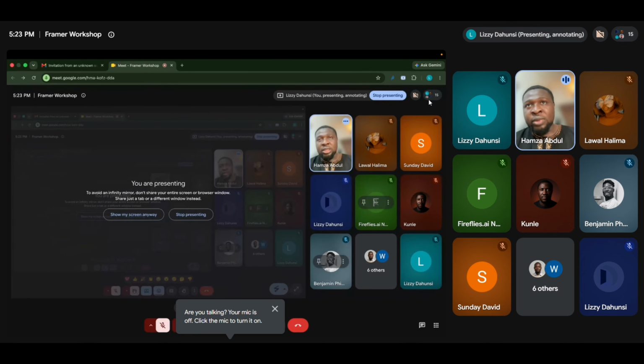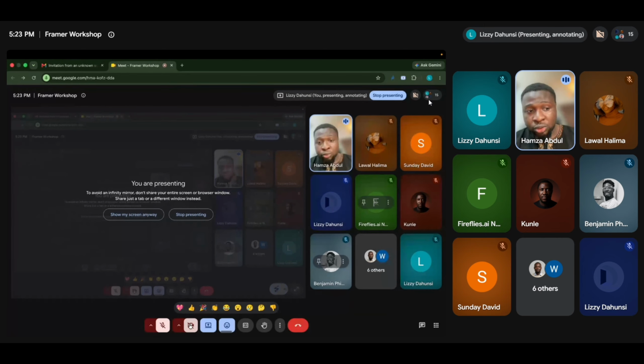What Framer wanted to do was to create a system where people would be able to create intuitive websites easily without stress. And they already had a very good framework with their prototyping tool. At that time, people were no longer using it for prototypes again. Developers were incorporating it into building. There's something called Framer Motion. It's a little bit different, but it's just a framework that developers use to have smooth transitions, smooth scroll, and all of those things. So you're going to be having a look at Framer now, and I'll be expanding on it as we go.